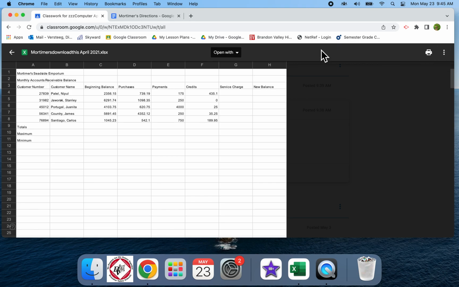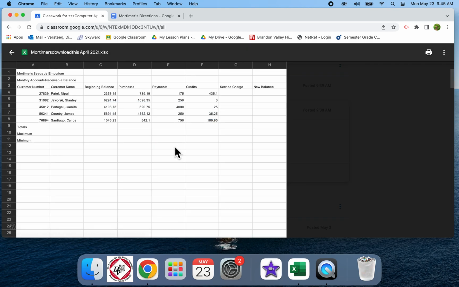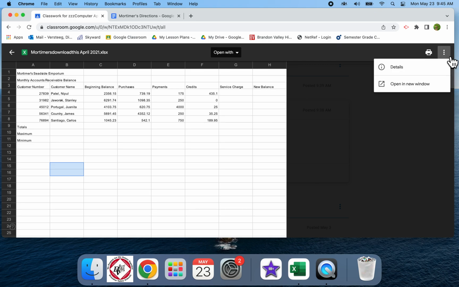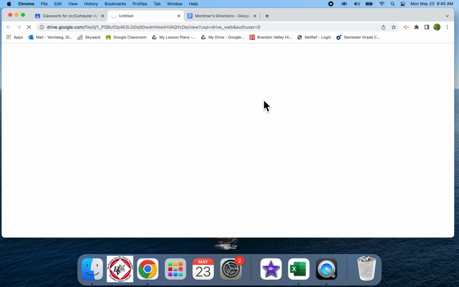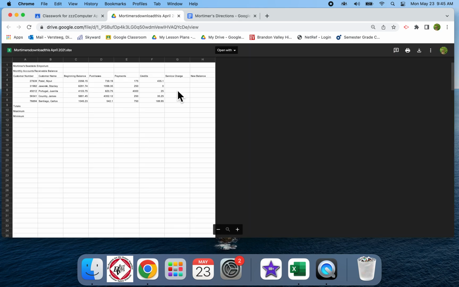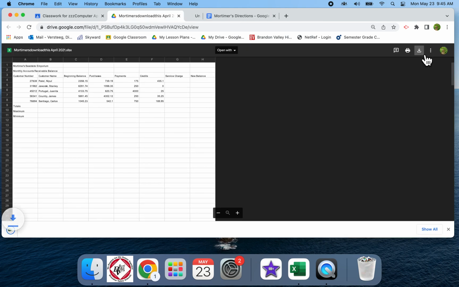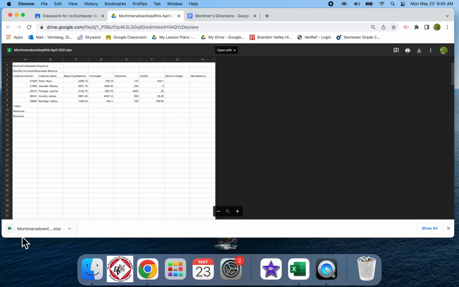Once you get to Classroom, right here, you click the link, it'll show it to you here. We do not work on it as a Google Sheet. You're going to click the 3 dots for more actions. You'll open it in a new window. It'll kind of look the same, but at least now in the top right hand corner you have a download arrow. So you download the file, look in the lower left hand corner, there it is. You do show in Finder,